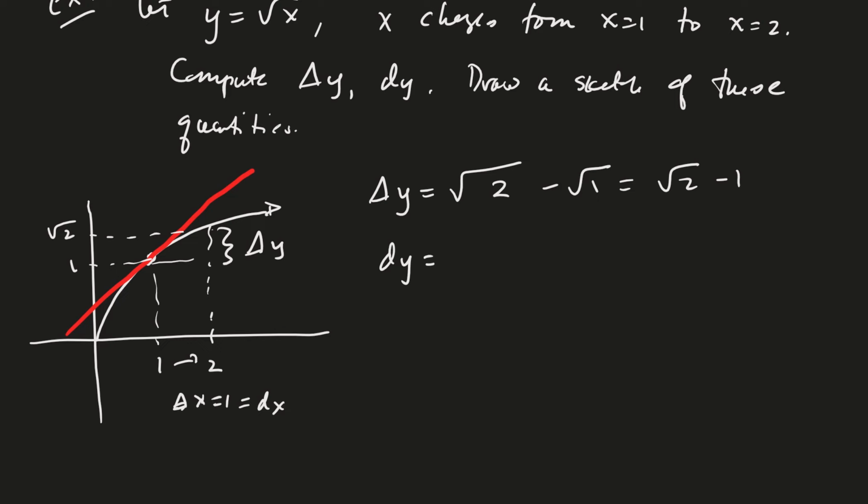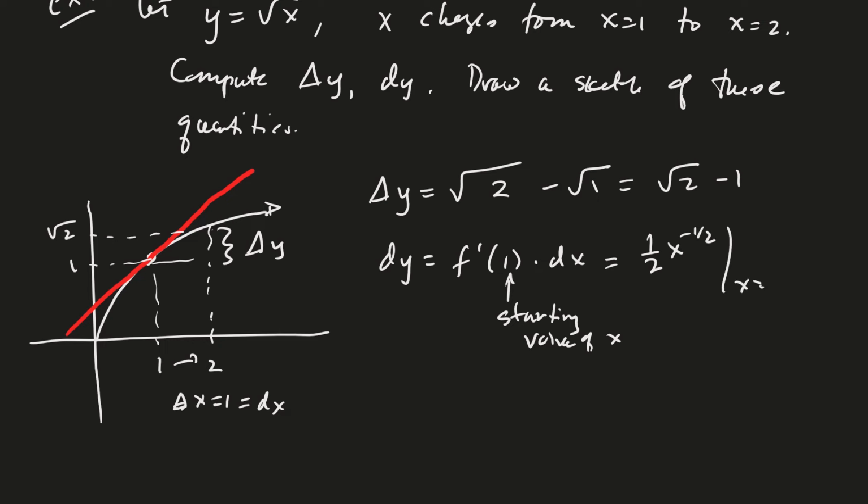And so dy is going to be f prime of 1 times dx. Notice that f prime is being evaluated at the starting value of x. Okay, and so that's going to be, let's see, x to the 1/2 power, that's 1/2 x to the minus 1/2 power, evaluated at x equals 1. And then our dx is just 1, so that's going to be easy. So that's 1 over 2 square roots of 1. That's 1/2. Okay, and so dy is actually 1/2,